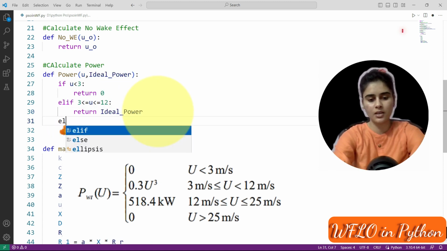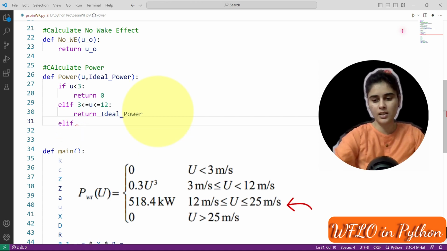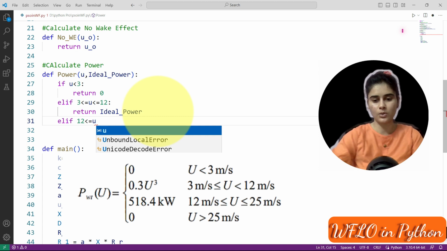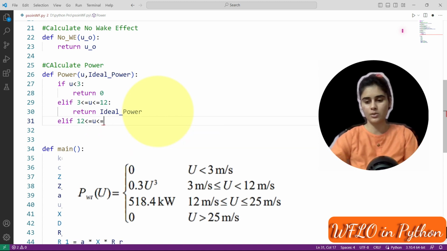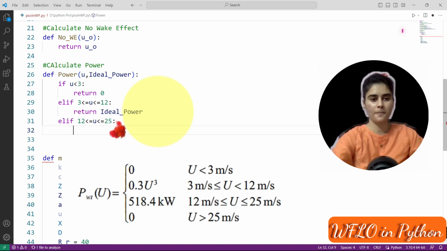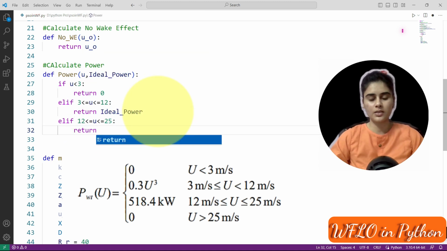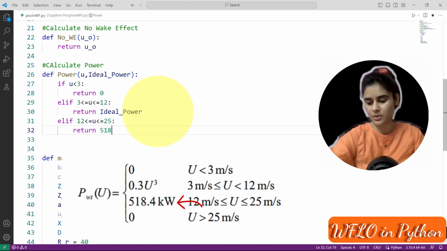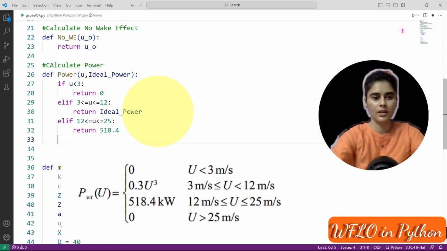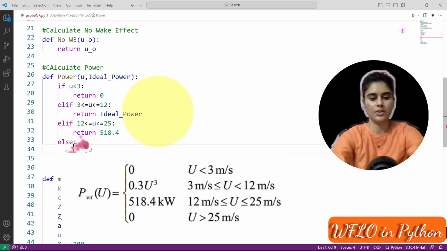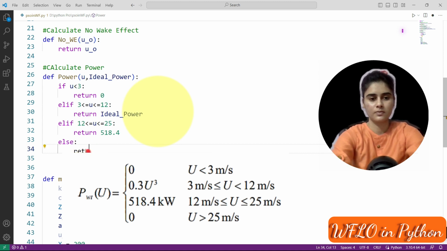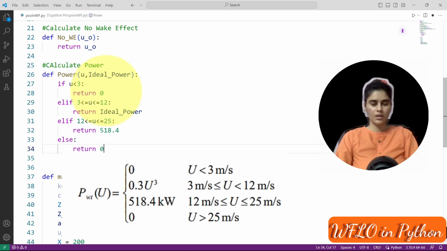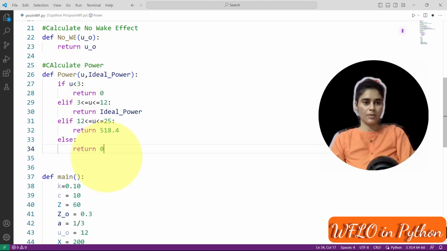Next case, else if u is greater than or equal to 12 but less than or equal to 25, then return this value, 518.4, else return 0. So this is for the power calculation.